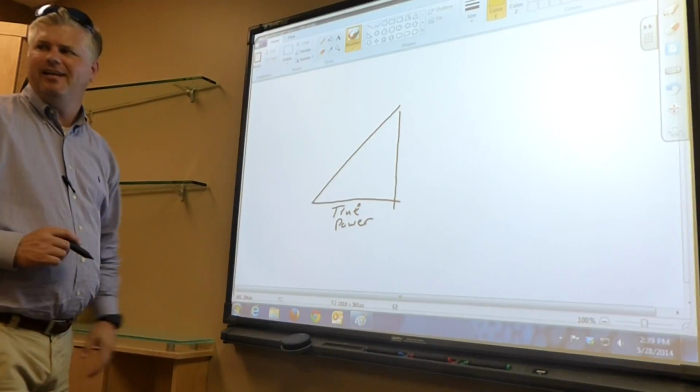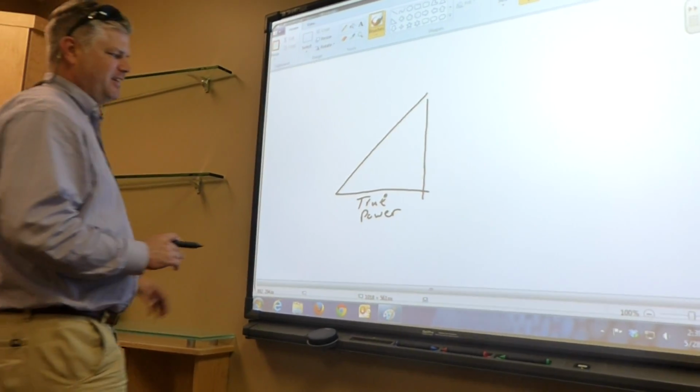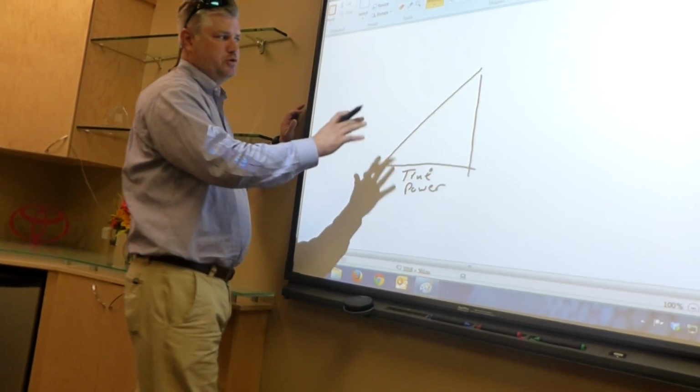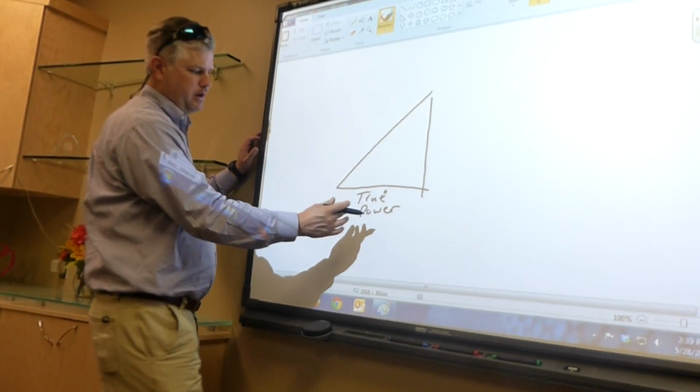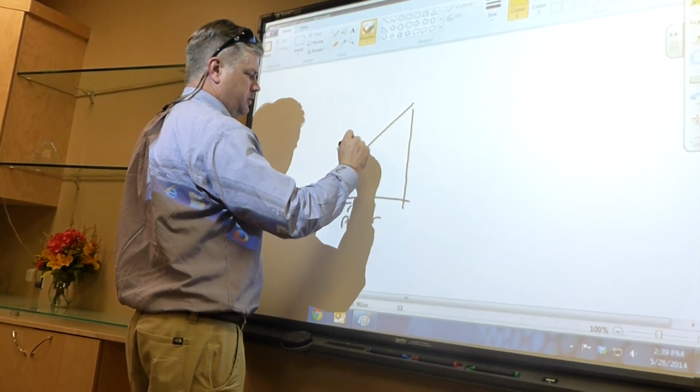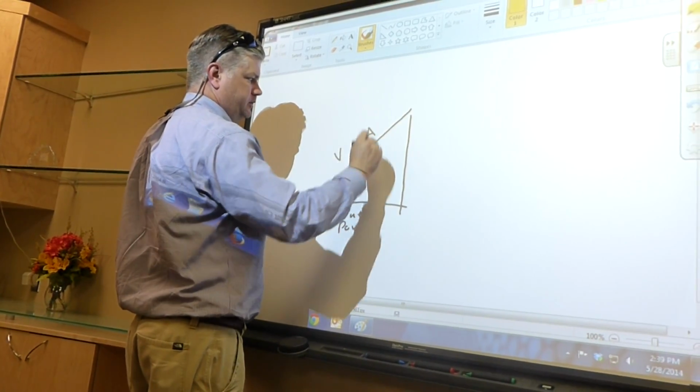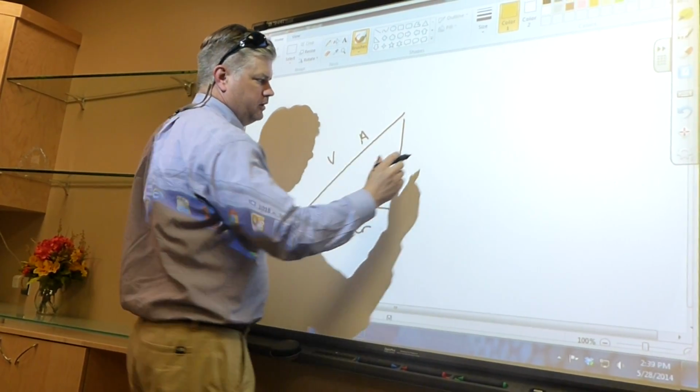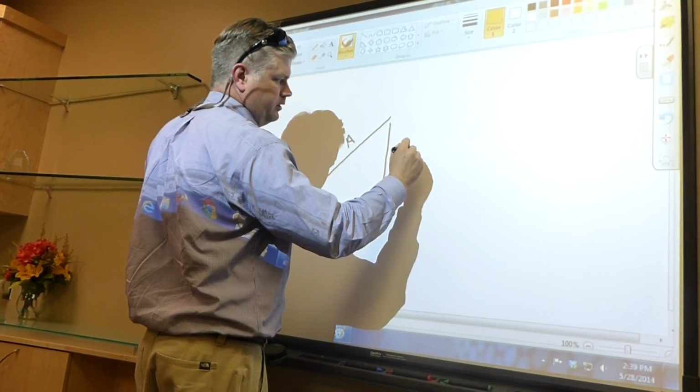It's not perfectly oriented. Exactly. True power. All right, power triangle. You got true power on the bottom. This is volt amps. This is